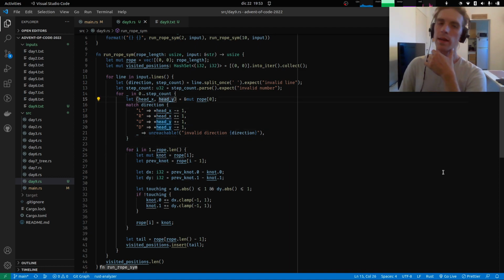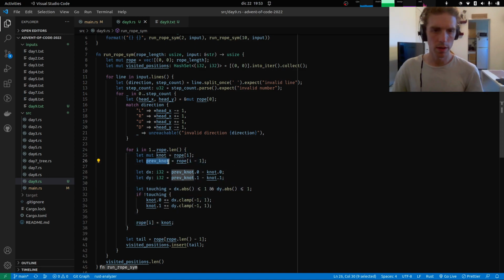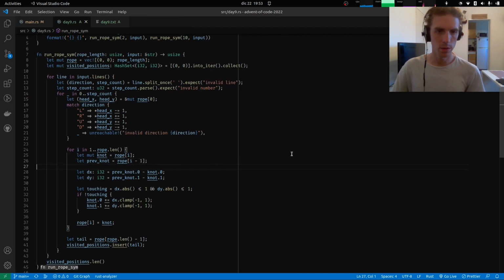here we are getting a mutable reference, but I think that would be a problem here. Like if we get a mutable reference to this thing, we are going to be screwing things up. Like getting a mutable reference here, but then getting... Oh, I guess we could copy this and not have a mutable reference. So I wonder if that would work. Let's see, let's add this for now. And now try to do this the same way that we did the head